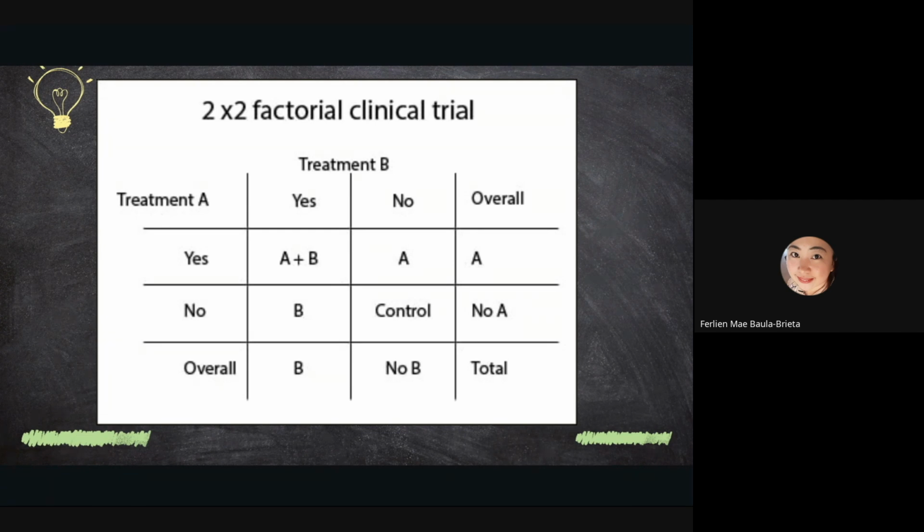And then you will be able to investigate, since we can partner both A and B, as you can see here. We can partner that, so we can investigate the possibility of interactions, right? Drug-drug interactions between A and B. Those are the advantages, or the uses rather, of this 2 by 2 factorial design in randomized controlled trials.